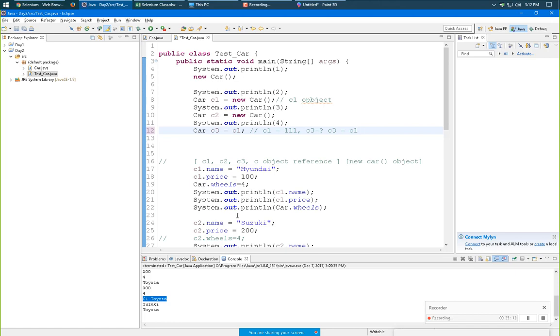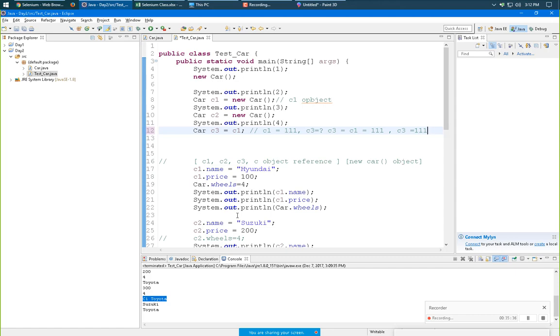See here, C3 equal to C1. C1 was 111, so C3 got 111 now.